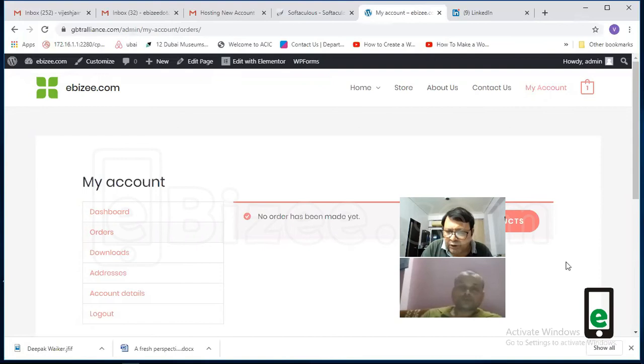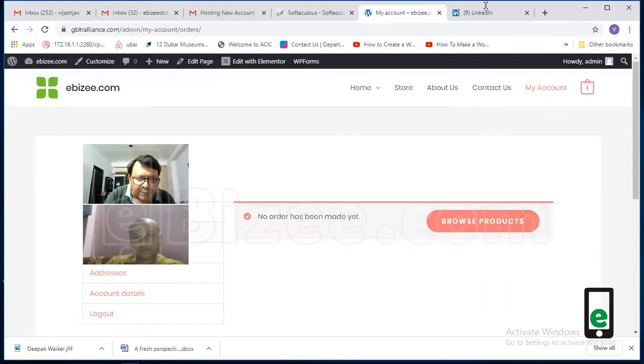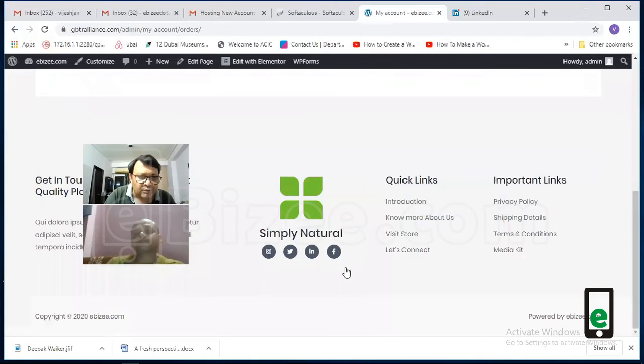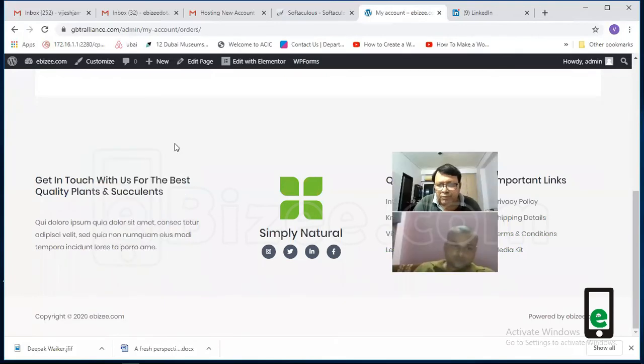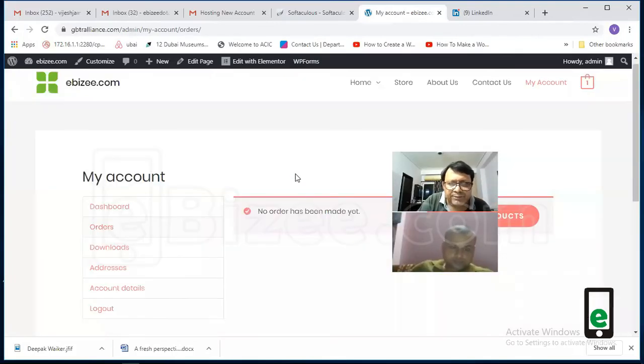Or you can put a course archive page in the footer also. It is not necessary that you put it at the top. You can put it here also, wherever you want. You can put student registration here also. You can put your faculty registration also. You can put many different pages here, right? So it is like this.